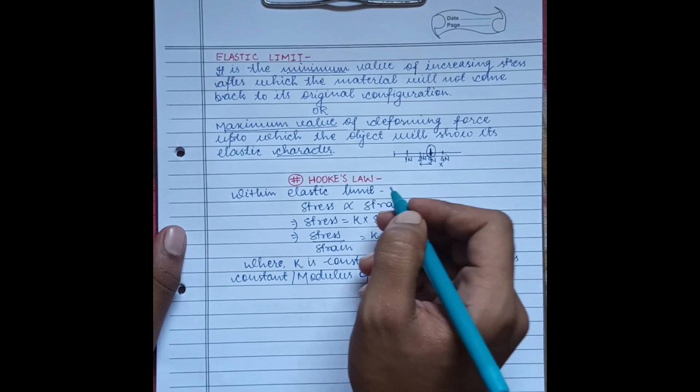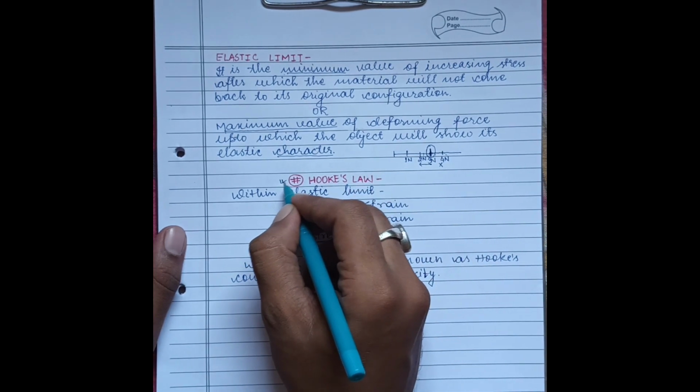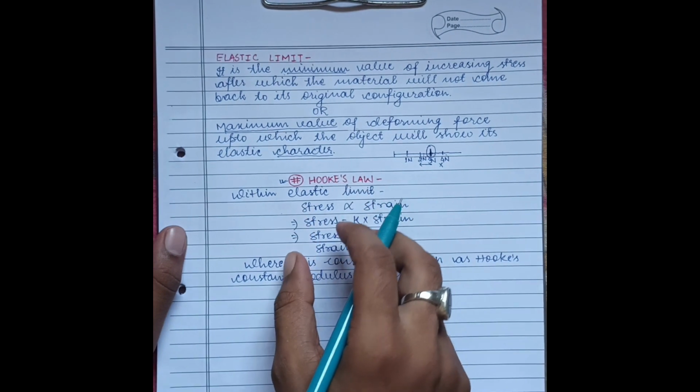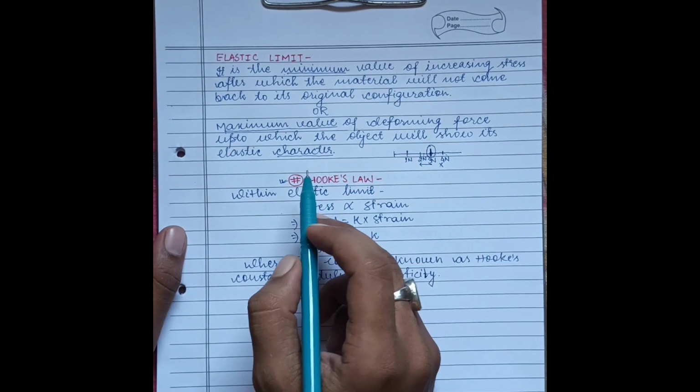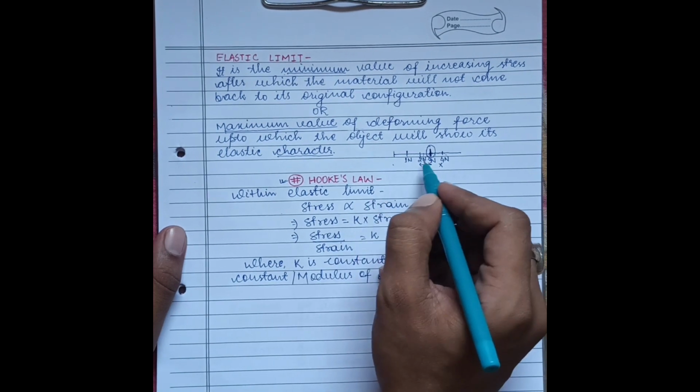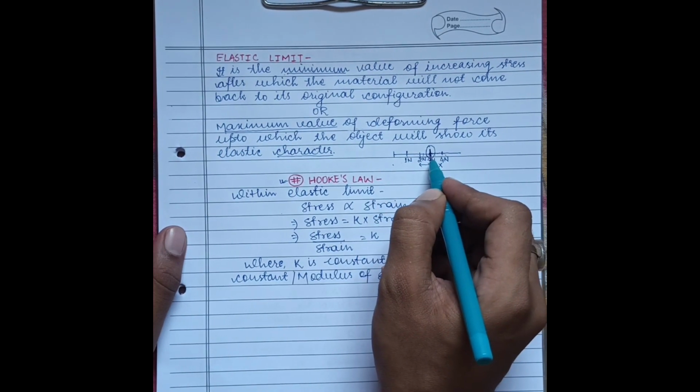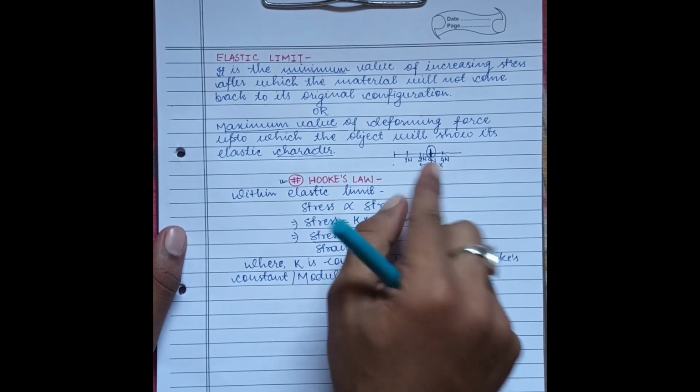After that, we have a new topic called Hooke's law. From here, we will start to understand the relation between stress and strain. So this is the elastic limit of the object. So within this limit,